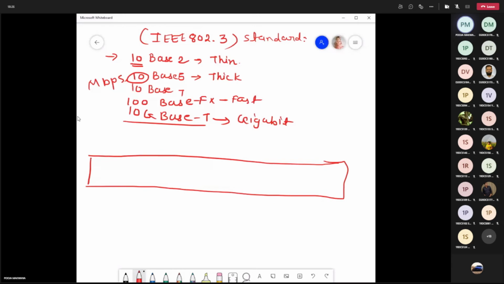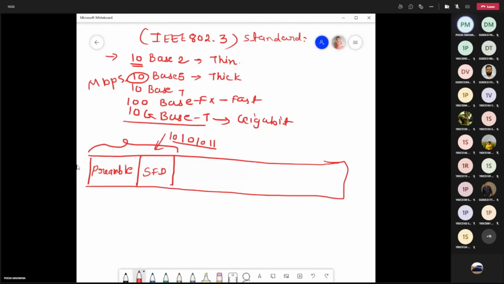Then if we look at the frame format, first there is a preamble and SFD. Both of these indicate the start of the frame, right? Initially just SFD was introduced and it was fixed as 10101011, right? And people were assuming that this sequence of bits would not be there in the data, right? But that is not guaranteed. So they included one more initial field indicating the start of the frame, right? So they introduced the preamble, right?